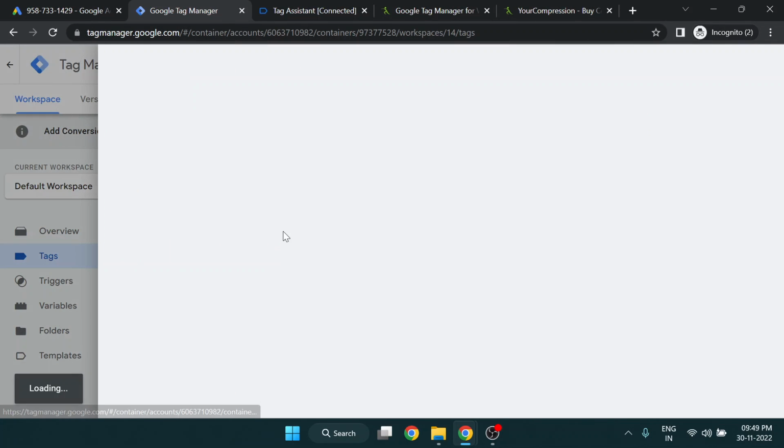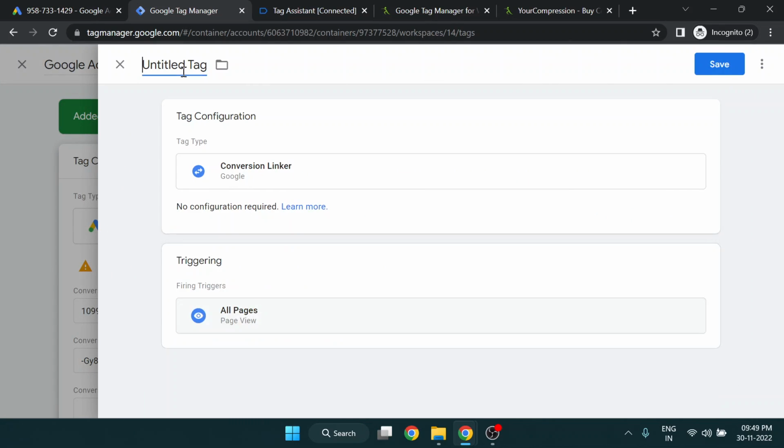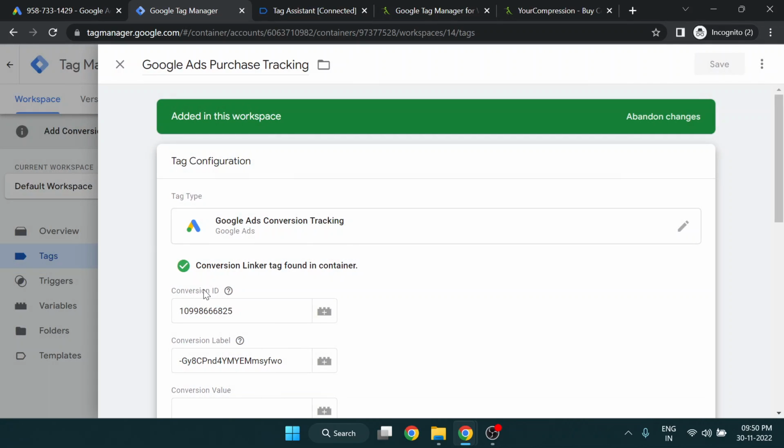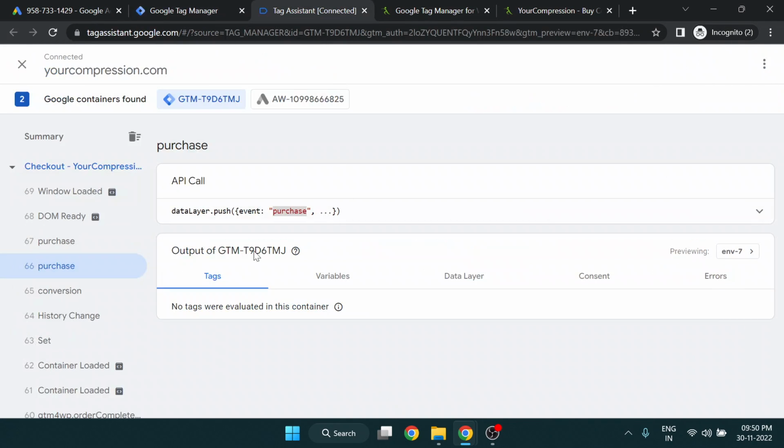One more thing you have to do is create a conversion linker tag. Just click on create, name this as purchase tag, and click on save. You don't need to make any additional changes here. So once all this is set up,